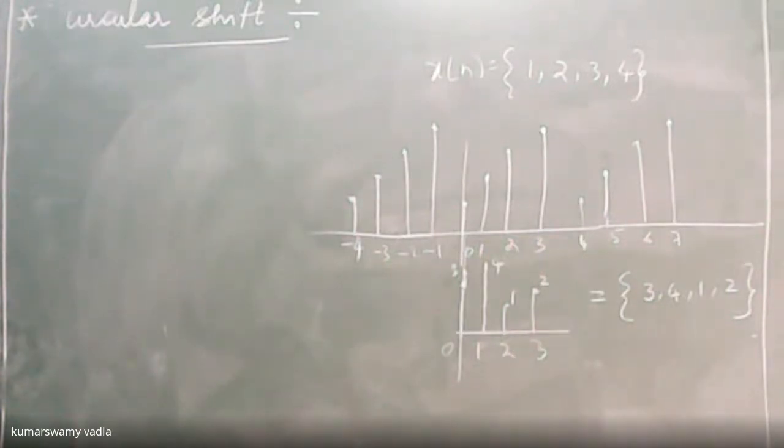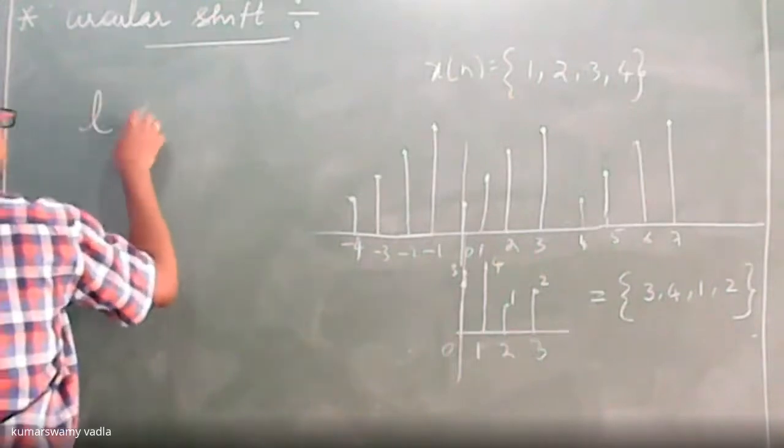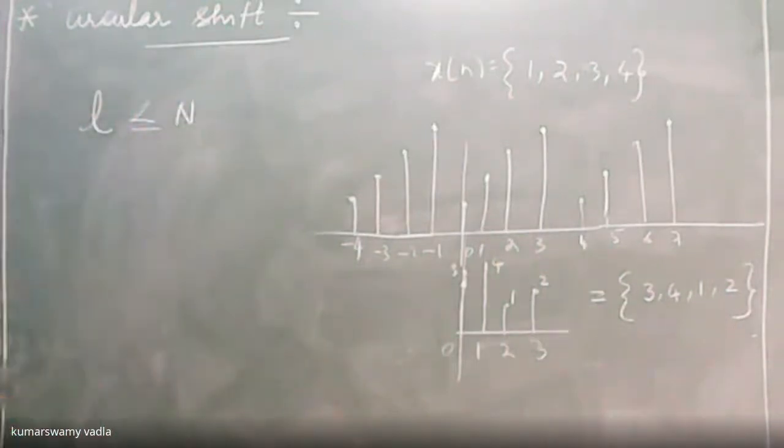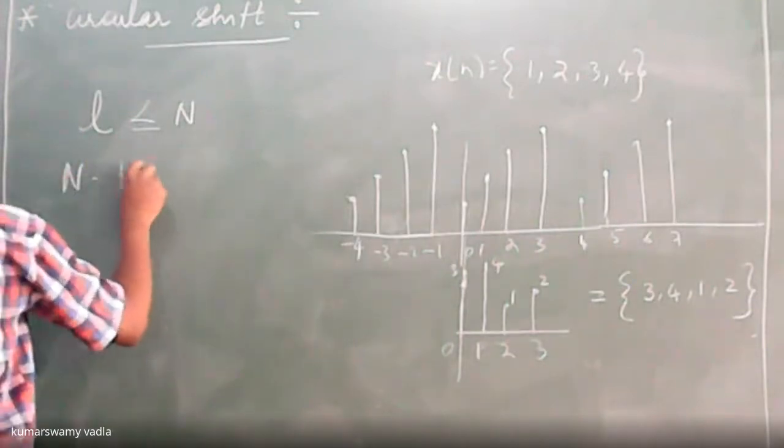Consider this sentence: N point DFT of the finite duration sequence of length L less than or equal to capital N is equivalent to the N point DFT